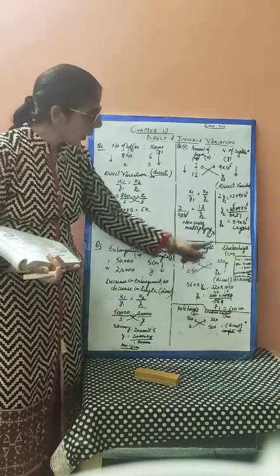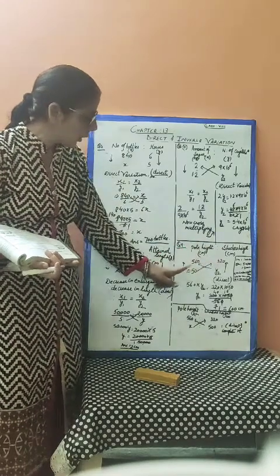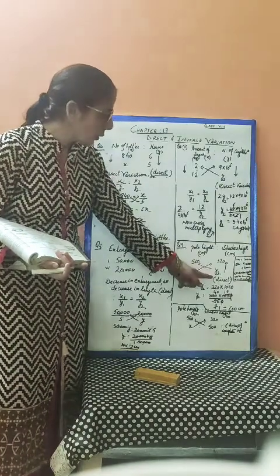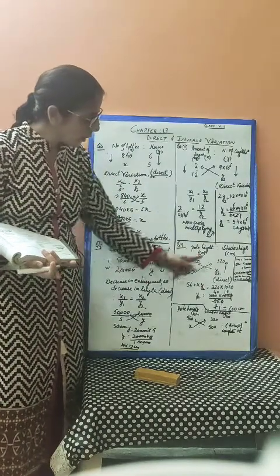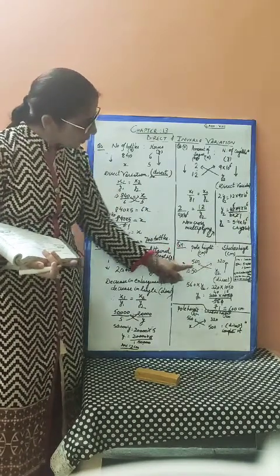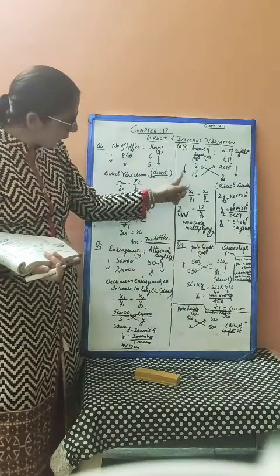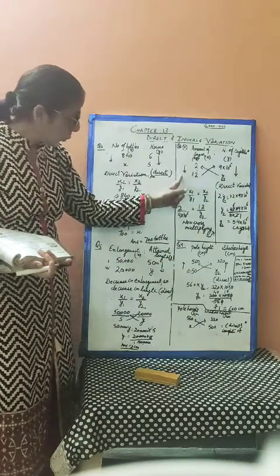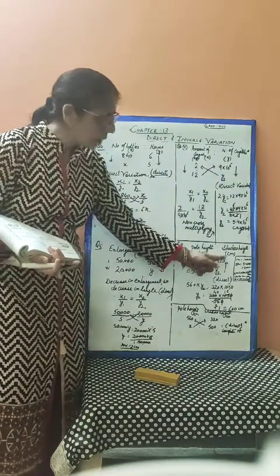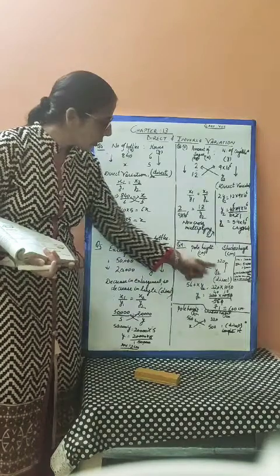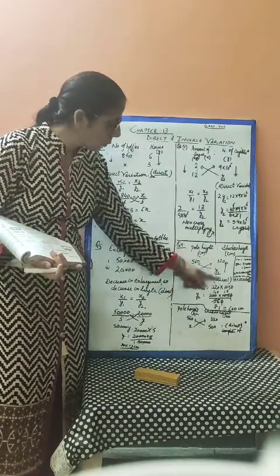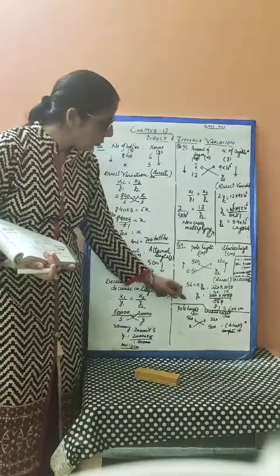For 560 centimeter pole height, the shadow height is 320. For 1050 we have to find the shadow height. Because height is increasing, shadow height is also increasing. So this is a question of direct relation. Have you seen I have made arrows? Here one quantity is decreasing, the other will decrease. Here one quantity is increasing, the other will increase. So direct variation, cross multiply: 560 into y2 is equal to 320 into 1050.